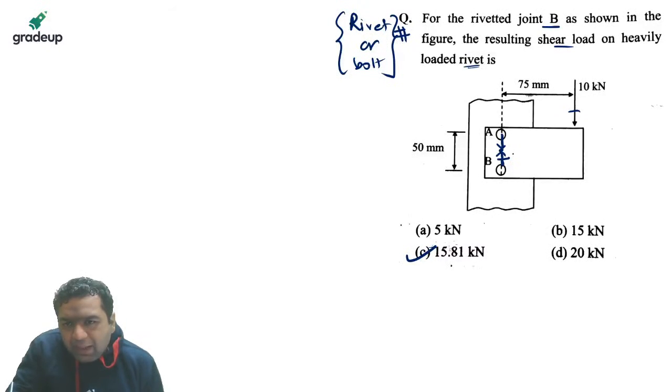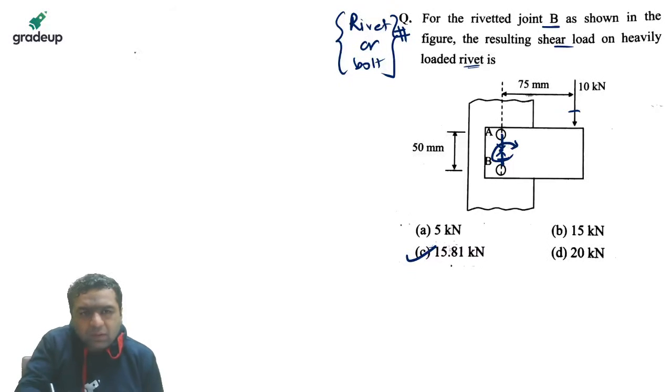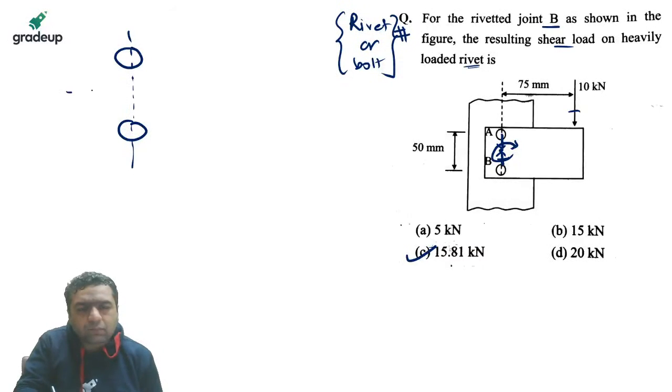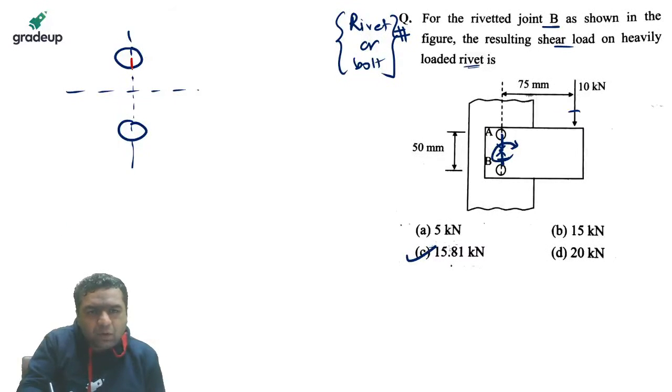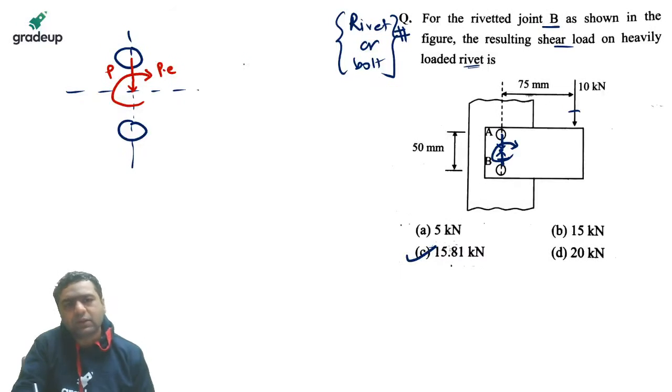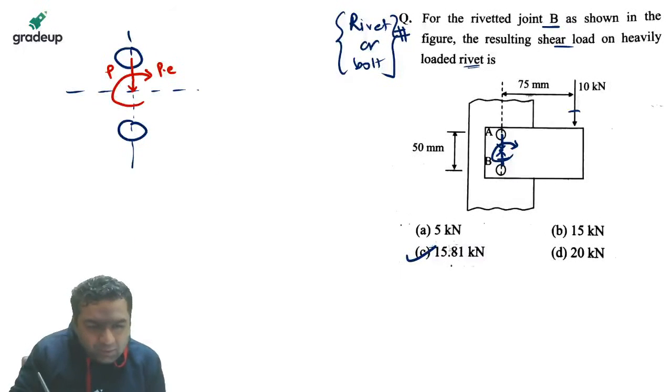This will make a couple like this. So for this rivet and this rivet, this will be a load and this will be a couple. P into E, P is the force. So when you will be making these two rivets,